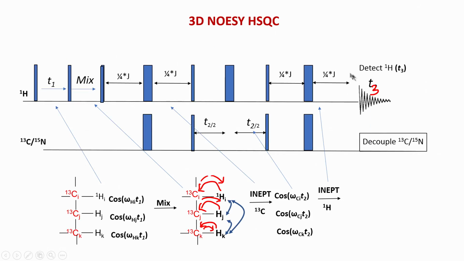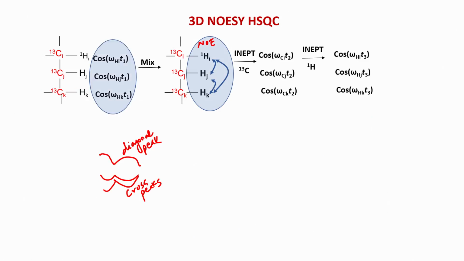So, I can do all the same things for nitrogen also. Everywhere carbon will become nitrogen. There is no reason why it should be only carbon or nitrogen. The only differences will be in the INEPT part, because if you recall, INEPT depends on the J coupling. J coupling between carbon and hydrogen is different from J coupling between nitrogen and carbon. Therefore, that is the J coupling difference we have to tune for carbon and nitrogen, but